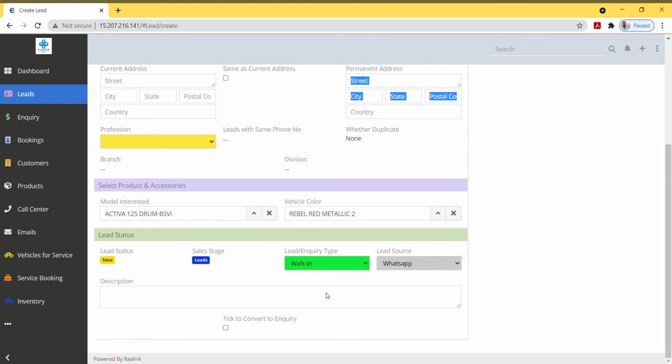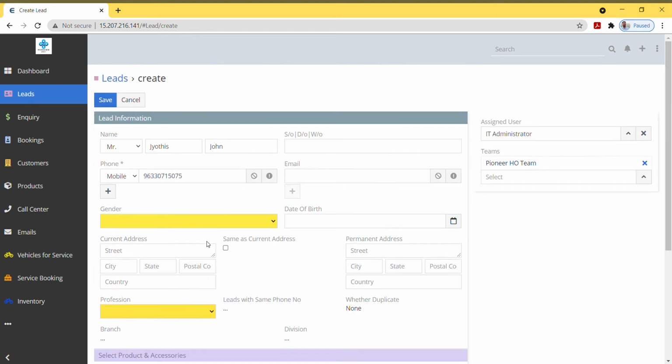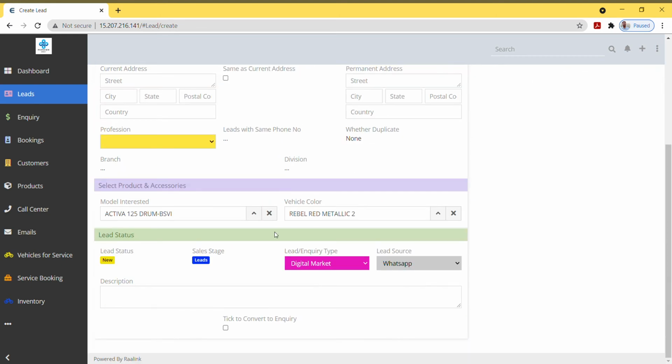In case we are selecting digital marketing, you can further classify the source of the digital marketing. For example, if it was WhatsApp, you can select that particular option. So you have entered the lead inquiry and the lead source also. These are the main details that are usually required for the lead creation.